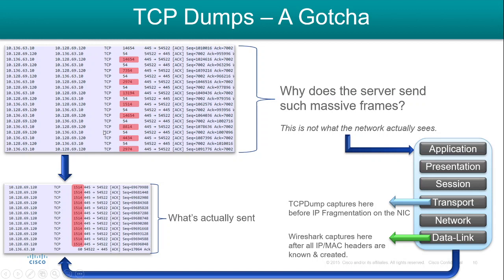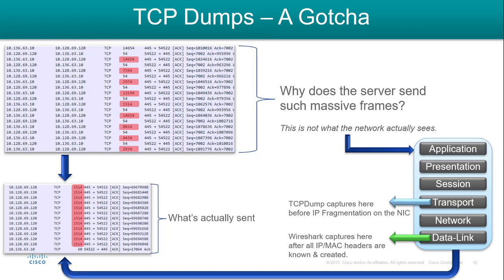What the server thought it was sending was what we see above. We see these huge 14,000 or 7,000 byte frames, but what was actually put on the wire in the network was this. Here we see the NIC further fragmented it into multiple 1500 byte frames,